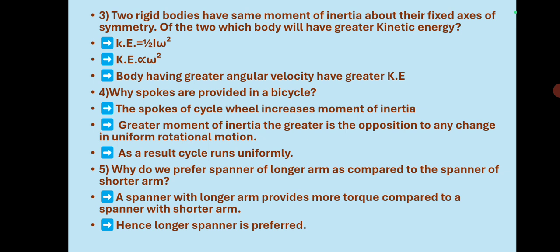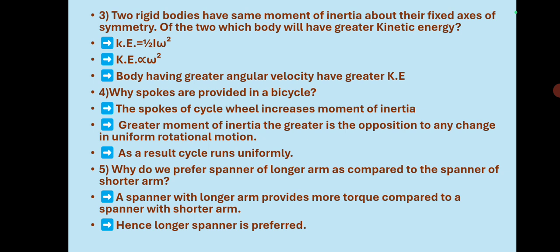So if moment of inertia is more, the opposition to any change in uniform rotational motion will be more. So the bicycle goes in a uniform motion. Actually, if moment of inertia is not more, then it will not go in uniform motion. In order to maintain the uniform motion, moment of inertia must be more, and it is provided by the spokes